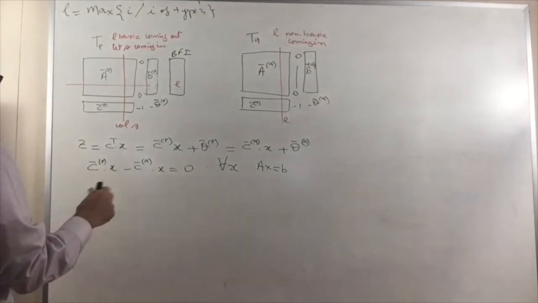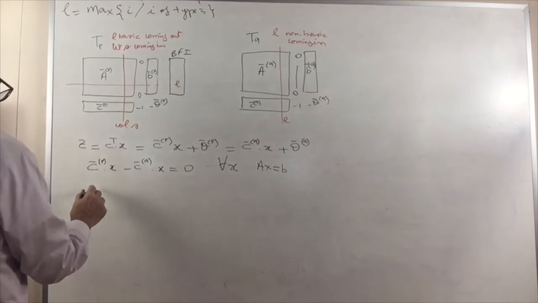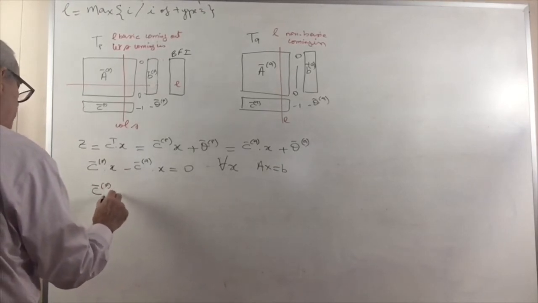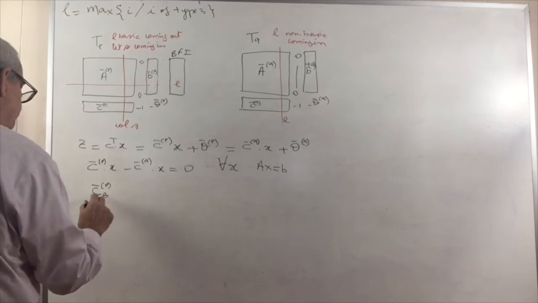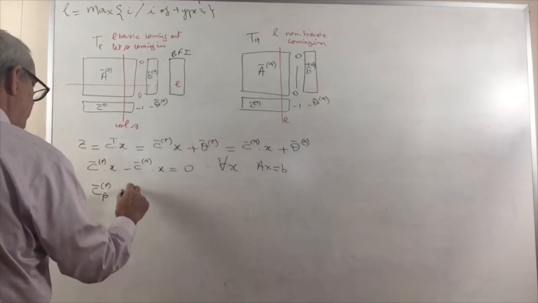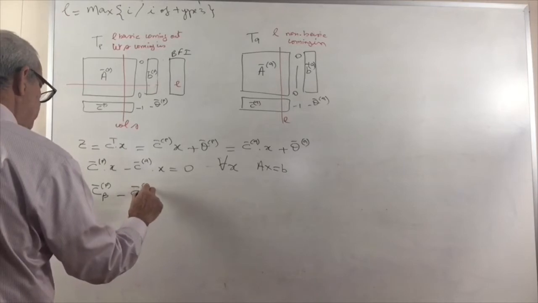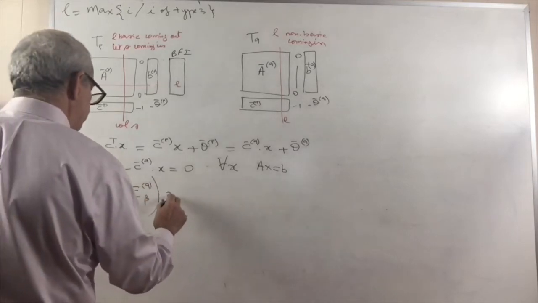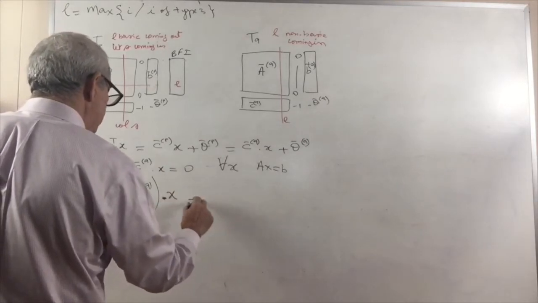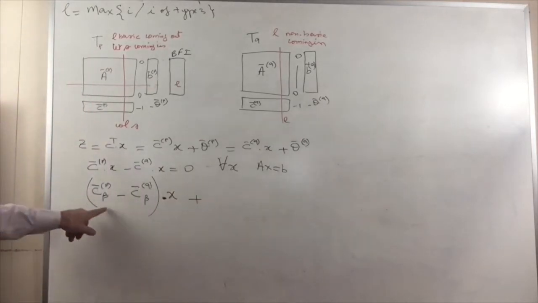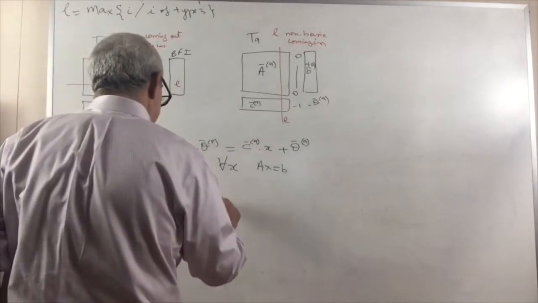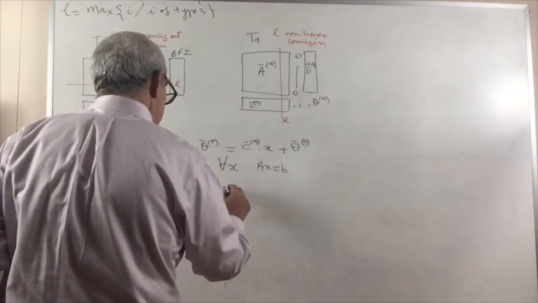It's equal to C bar of P beta minus C bar of Q beta times X plus the indices in beta, and then the complement of that, C bar of